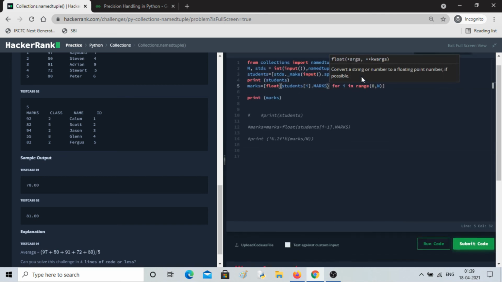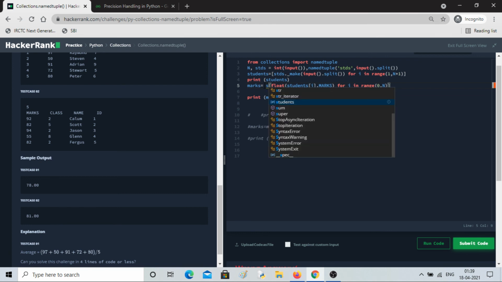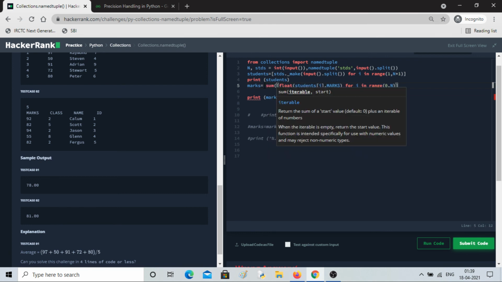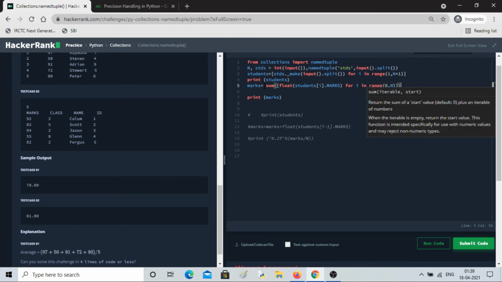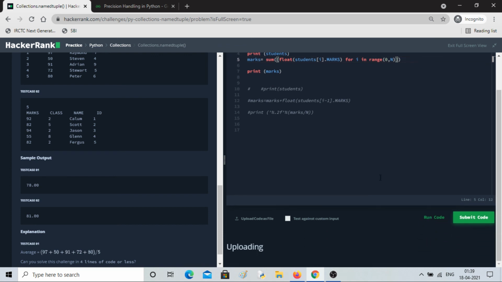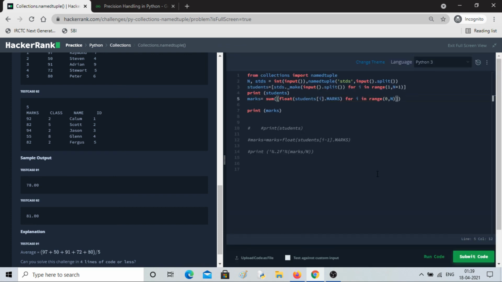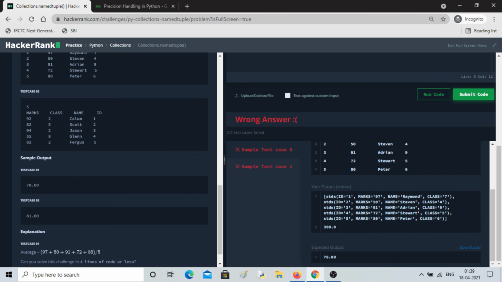So I'll put the sum here outside, sum of everything, whatever we are getting inside the square bracket. Okay. Now let's print the marks. So sum of everything will be 390.